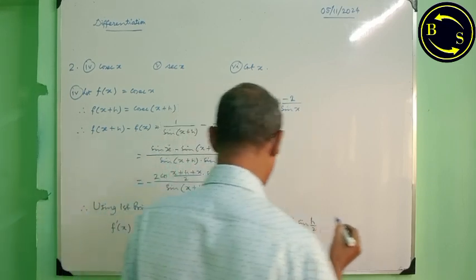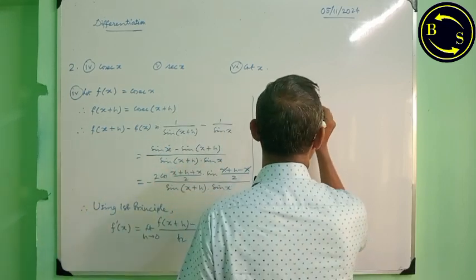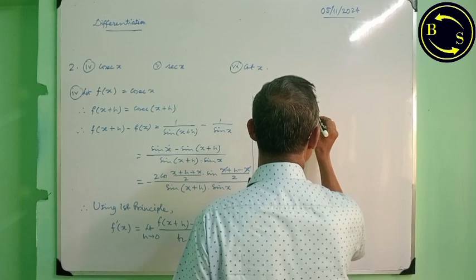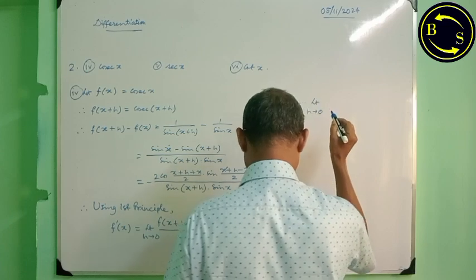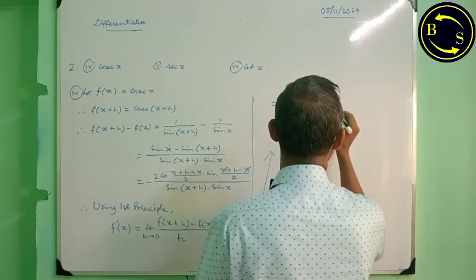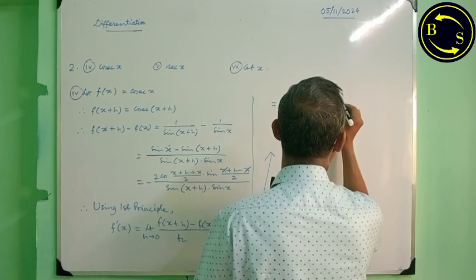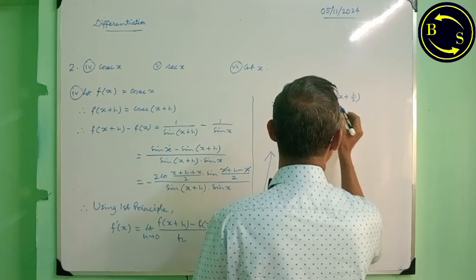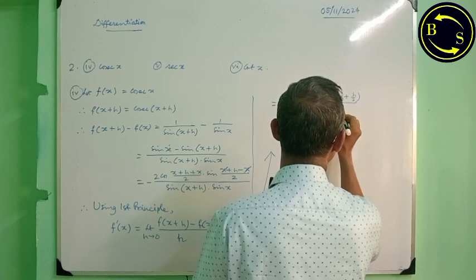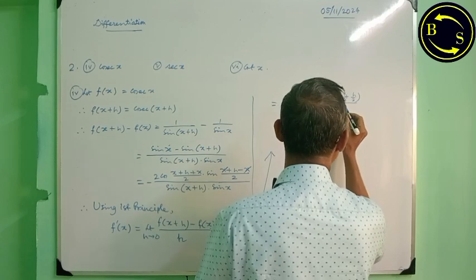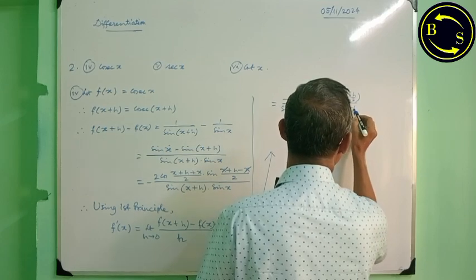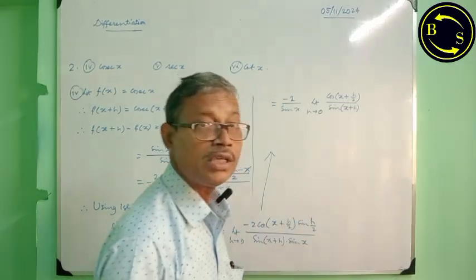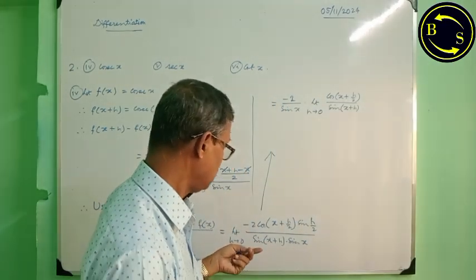This into limit h tends to 0 of cos of (x plus h) by 2 by sin of x plus h. Actually, putting h equal to 0, finally